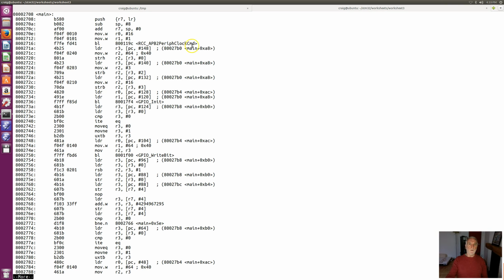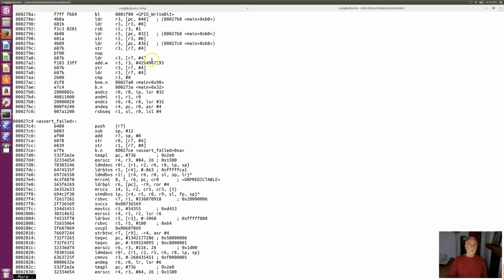It branches off to set up the clocks, branches to set up the GPIO routine after it's initialized various parts of it, and then writes to the LED, and probably we could work out which one it's doing by looking at those numbers, although probably a lot more sensible just to look in the source code. However, right at the end is assert failed, which, if you remember,